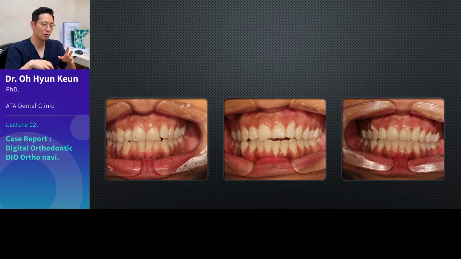Only through that can you plan in advance like this. I'm going to do this for the patient's next visit. I'll use this method for the patient's next month. What I mean is that this is not something you simply order and hang a wire on a bracket.